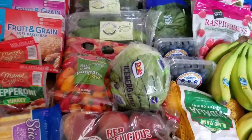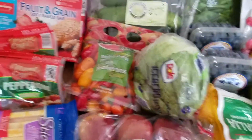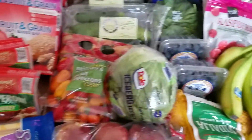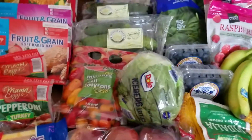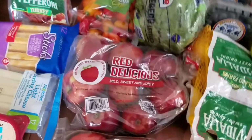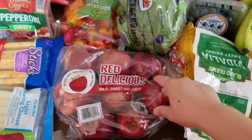That was his choice for dinner for Tuesday. The peppers, they didn't have bell peppers at Aldi, so I got the mini ones. I really like those. Anyway, they're so good on the grill, and we're having those on Friday night with sausages. We did have a lot of produce left over from last week, so I'm trying to eat those up, but